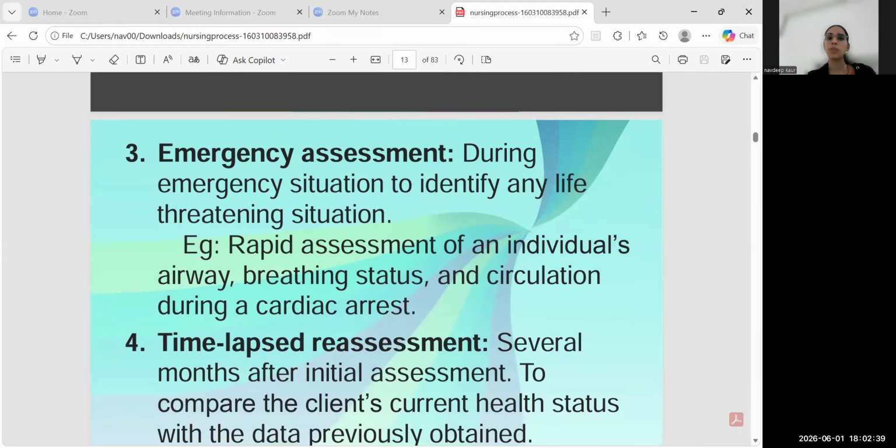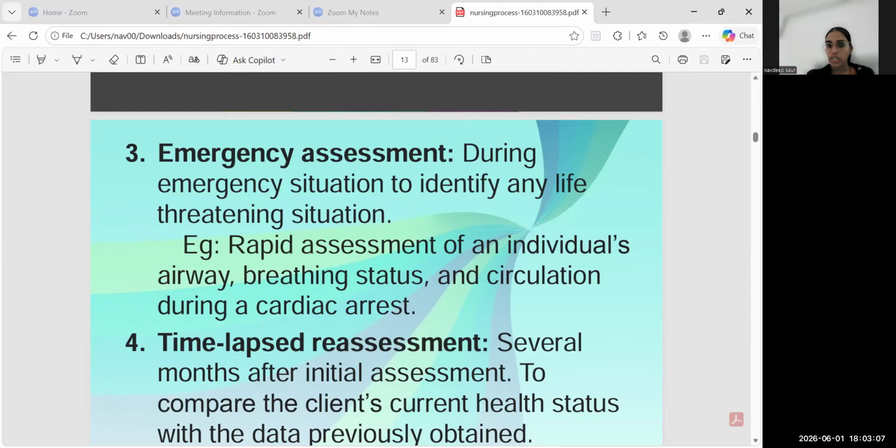Next is the emergency assessment. Emergency assessment is the assessment during the emergency time we have to do to identify any life-threatening situations. For example, rapid assessment of an individual's airway, breathing status, and circulation during a cardiac arrest. For example, we have to follow the ABC pattern: airway, breathing, circulation, and at that time when the patient had